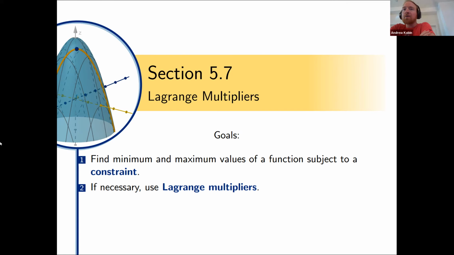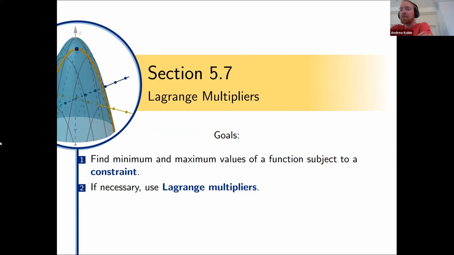Our two goals in this video are to define the Lagrange multipliers method by way of a constrained optimization problem. We'll set this up as a minimum and maximum problem, or an optimization problem of a function that's subject to a constraint. We'll see what this is in the first two slides. And if necessary, and actually most of the time it will be advantageous, to use Lagrange multipliers to solve that